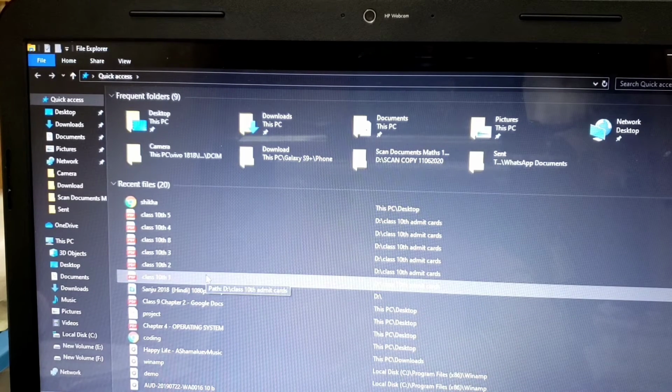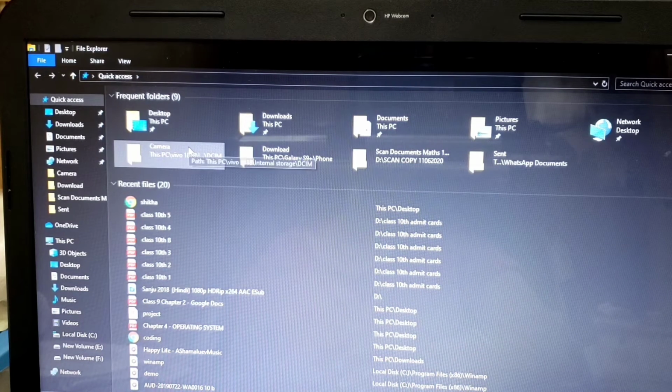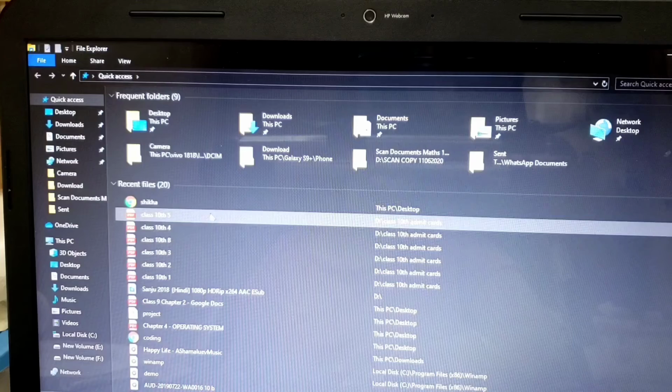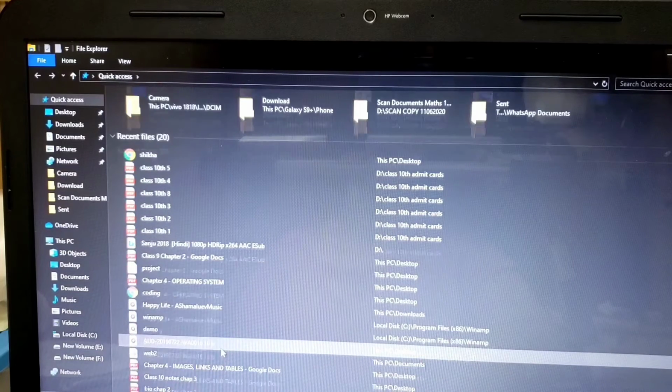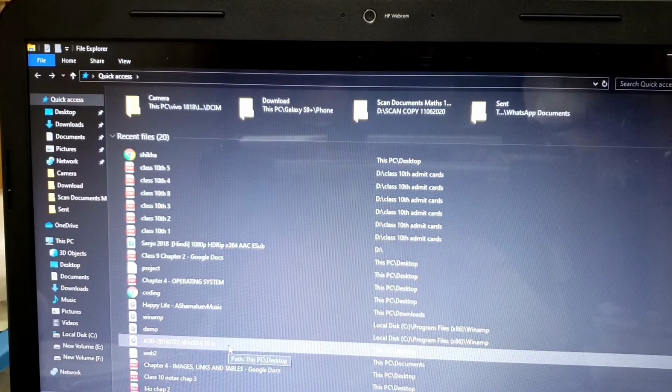So any file which you are making, so that you can use it further and keep it in an organized way, you can simply save it in any folder where you are able to get it very easily. These are the different kinds of files which you can see here: Internet Explorer, Google Chrome files, PDF files, audio files, video files, all kinds of files are here.